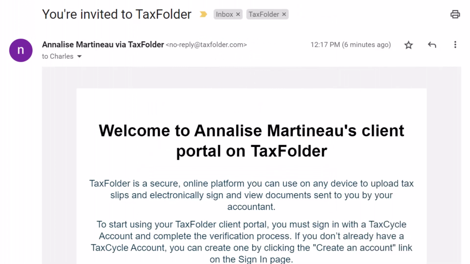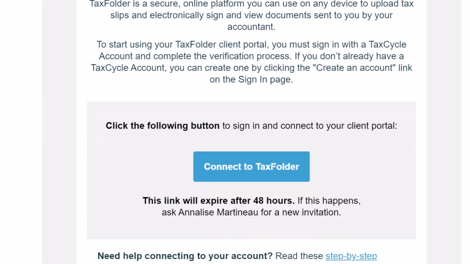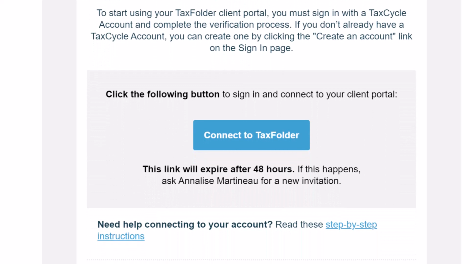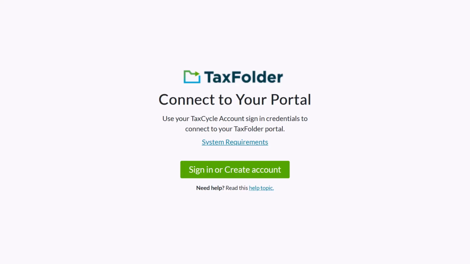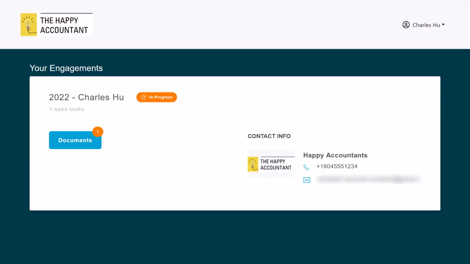If this is the first time your tax preparer has invited you to your client portal, you will also receive another email inviting you to connect to TaxFolder. Click the Connect to TaxFolder button in this email first and follow the steps to create an account and connect it to TaxFolder. After signing in or creating an account, TaxFolder will automatically redirect you to your personalized, secure client